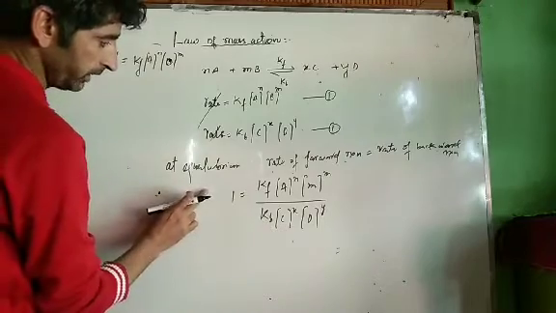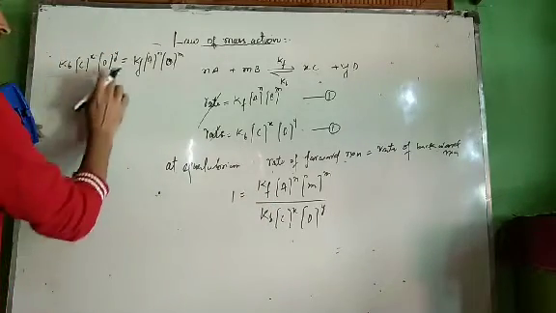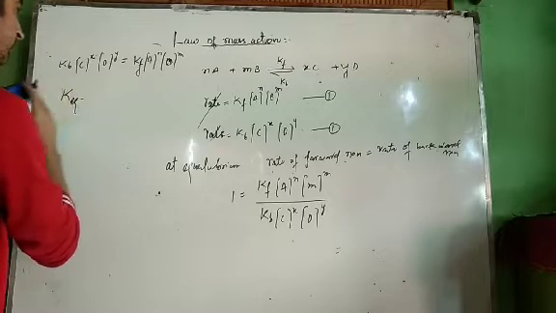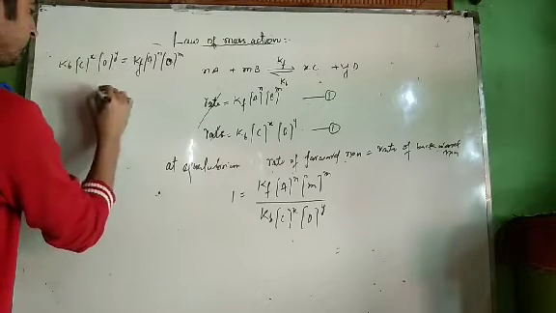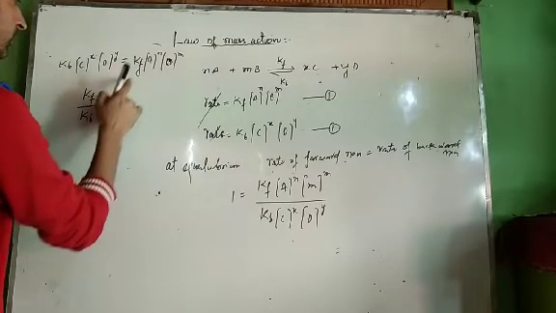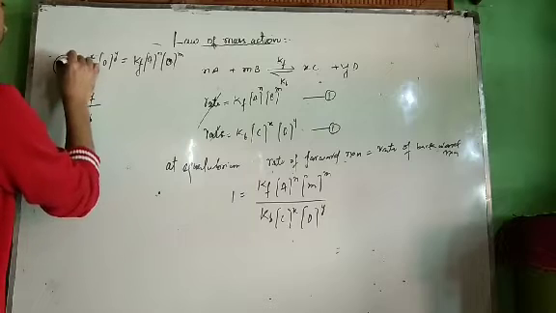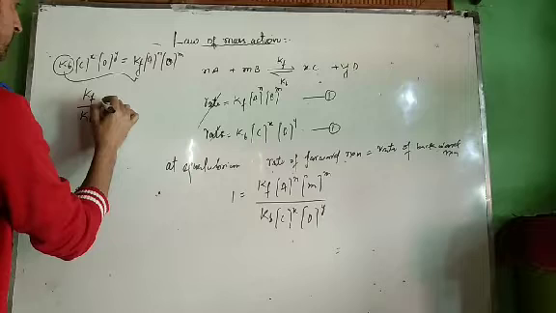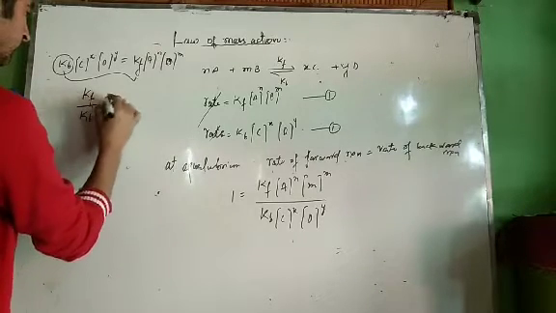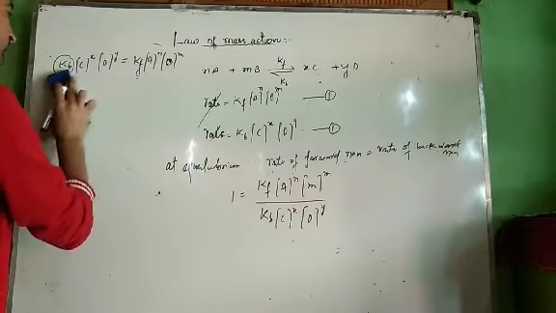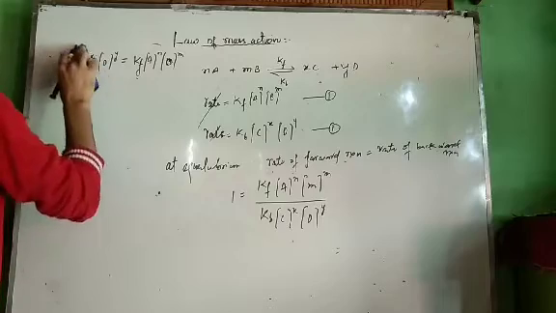This thing we have got over here, this will be equal to this. Now this is Kf, Kb. What's equilibrium constant? K equilibrium is equal to Kf divided by Kb. Now what is Kf divided by Kb? This Kb we have brought over here. What is K? In order to make it easy, we will write it like this.